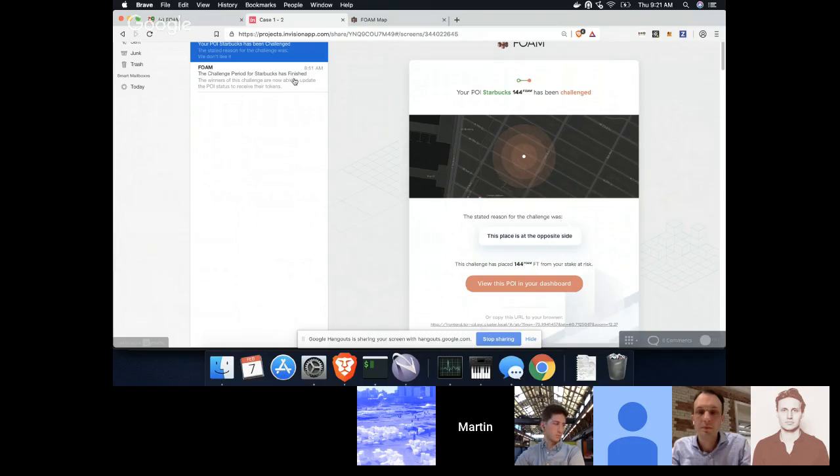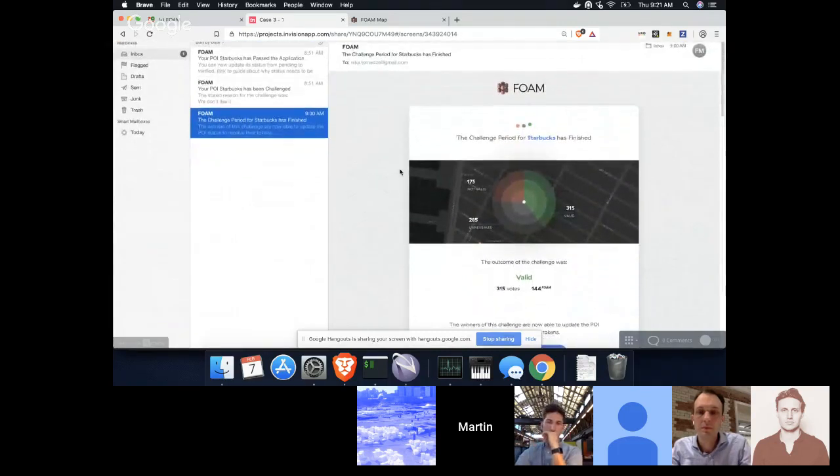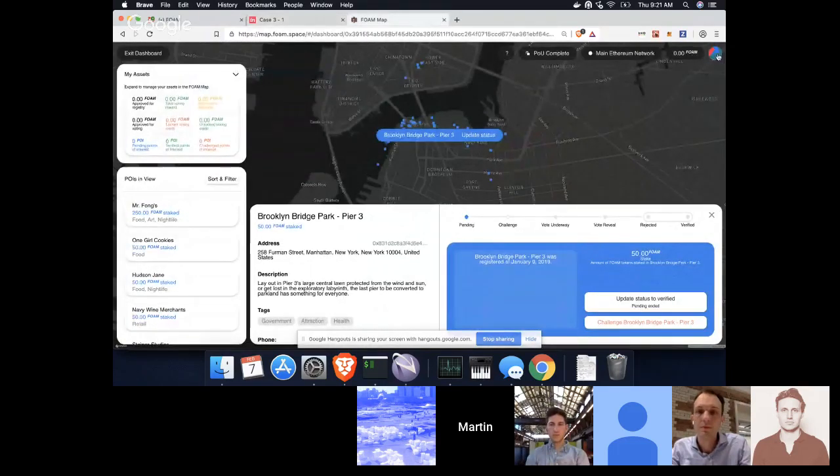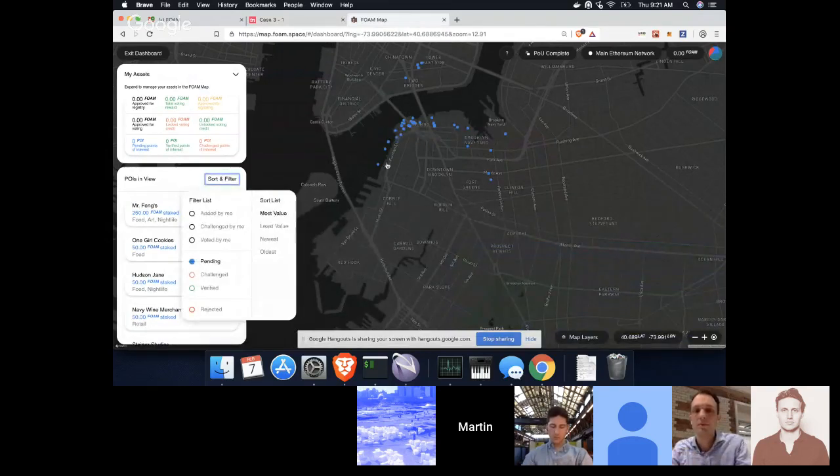Another such one is the summary outcomes, the results of these challenges. So when the challenge is over, it's probably less frequent, but it is also the case that the point doesn't automatically change from pending to verified. The point doesn't automatically change from challenge to either removed or back into its previous state. So when the challenge is over, somebody has to go to the app to, so to speak, resolve the challenge,